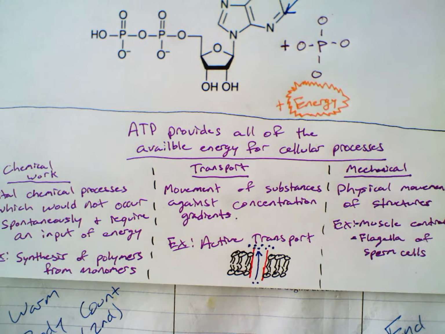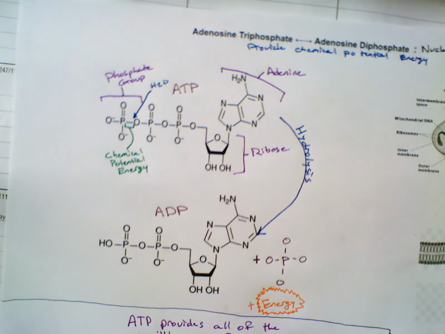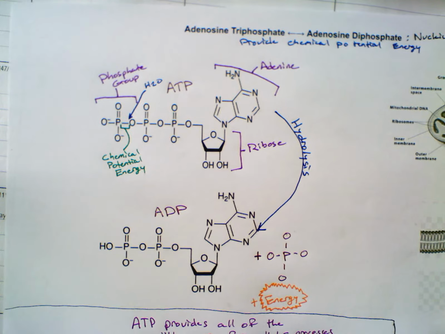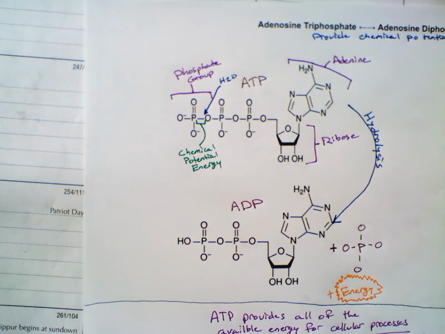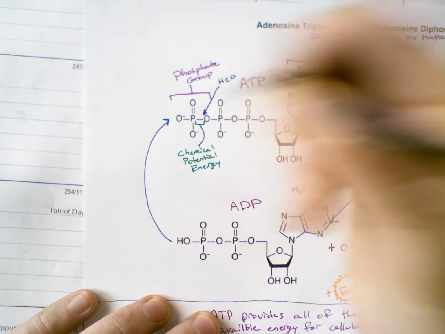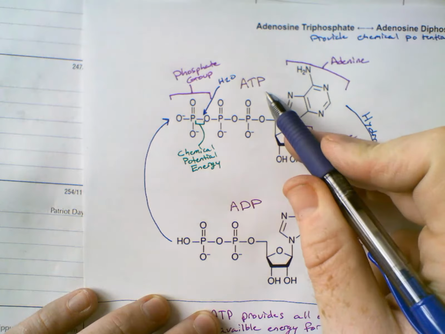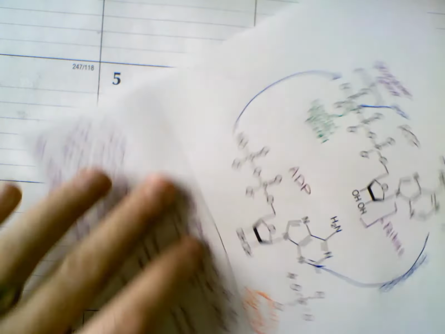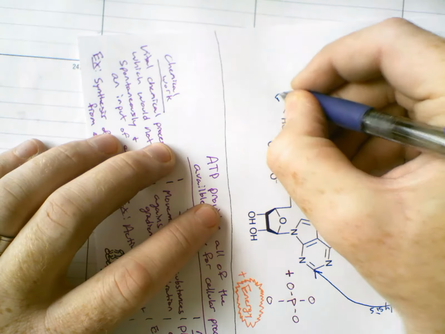Okay, so this is what ATP is needed for. This is how we use it. The next question then is, how do you make it? All right, so making ATP. ATP synthesis. So if we want to go the other direction here, if we want to go from ADP to ATP, this is going to occur through energy